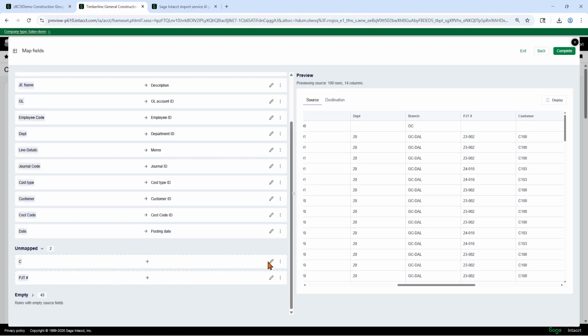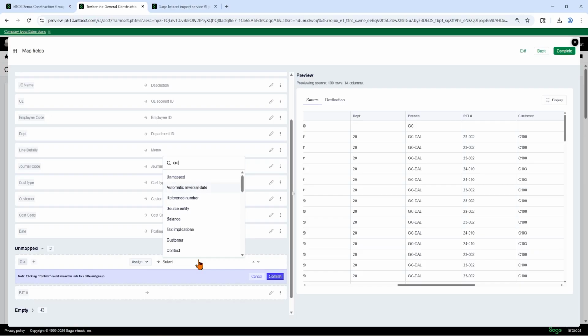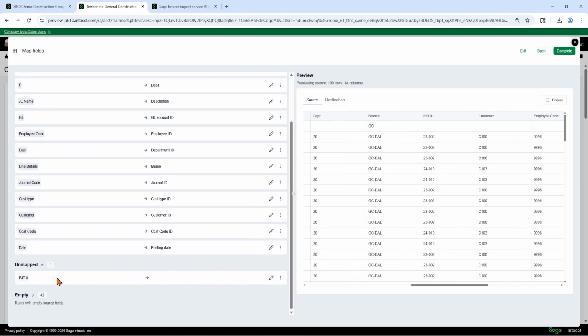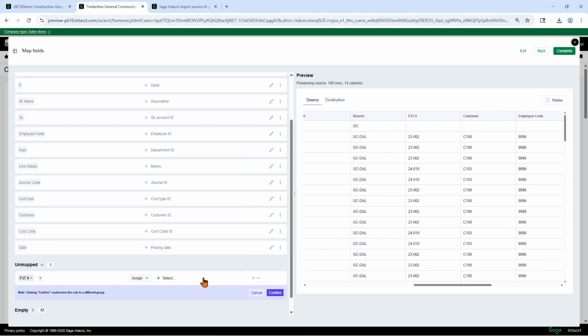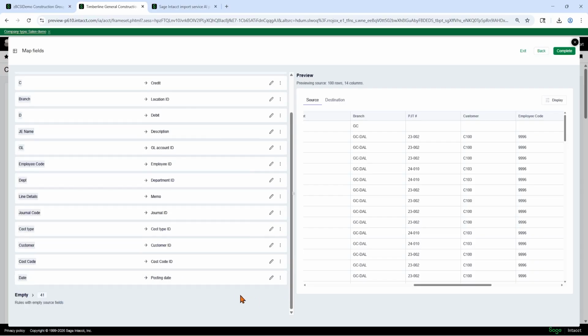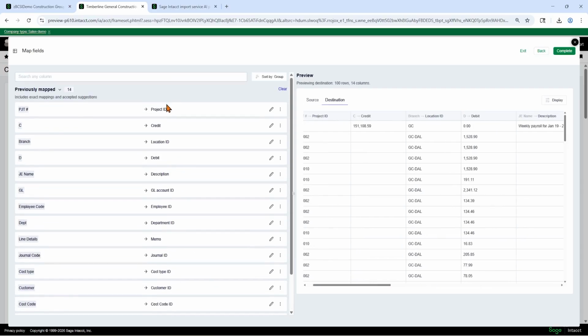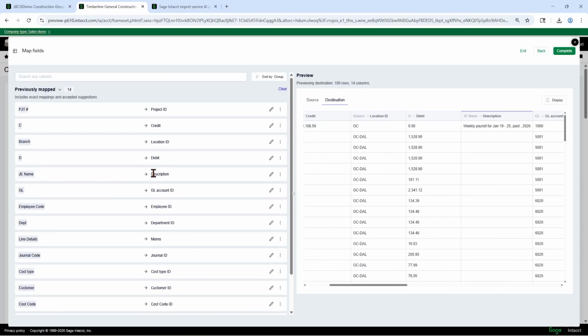Confirm. C is credits. And my PJT number is my project ID. Confirm. Okay. So you can look again, see where everything is mapped.